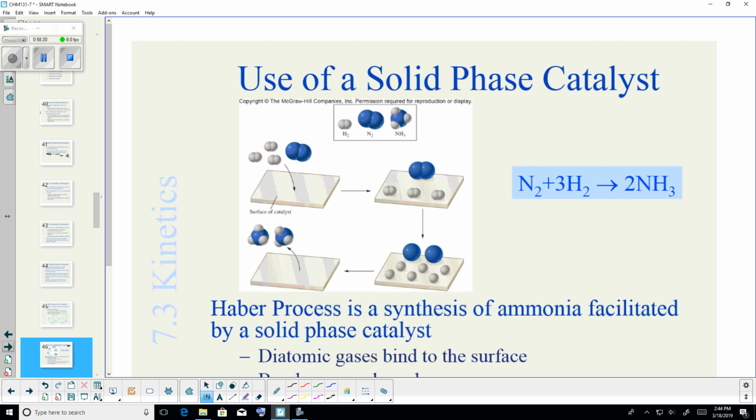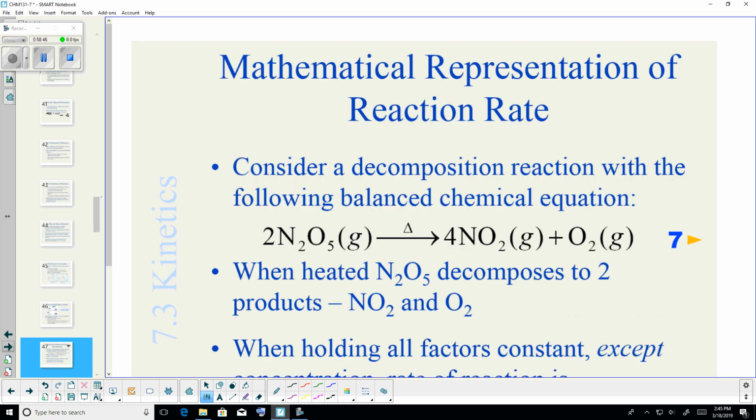So there's a solid phase catalyst. What it does, remember we talked about orientation. In this case, it grabs the reactants and lines them up in the correct orientation. That's what an enzyme does. And instead of reactants, biology people call them substrates. So, here we go. Let's take